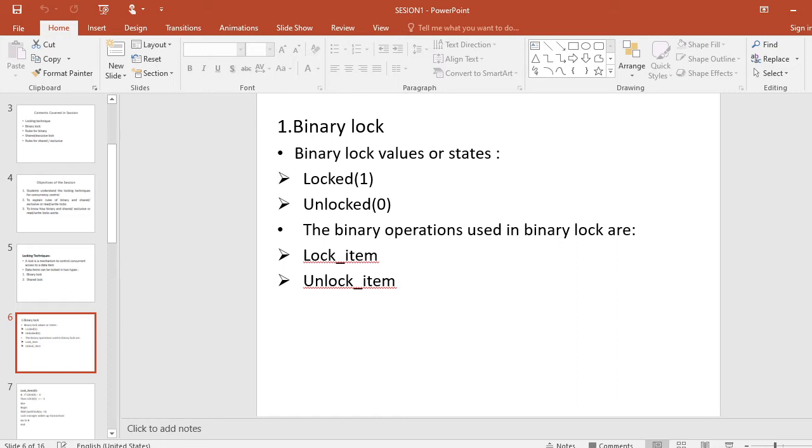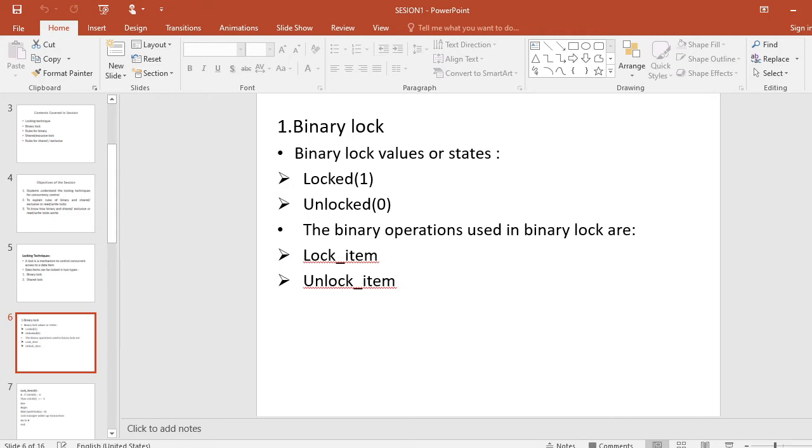The operations used in a binary lock are lock item and unlock item. A distinct lock is associated with each database item X. The current value of the lock associated with item X is denoted by lock of X. If this value is 1, item X cannot be accessed by any database operation that requests the item.